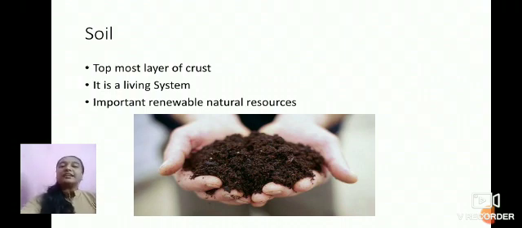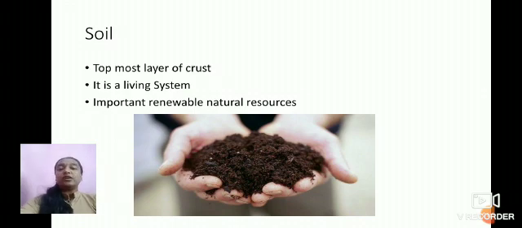And the factors related to the formation of soil are relief features, climate, vegetation, time and other lives. And the soil contains organic and inorganic materials also. A very fertile soil is actually most important for all the living beings on our earth. So, let us go to the session.